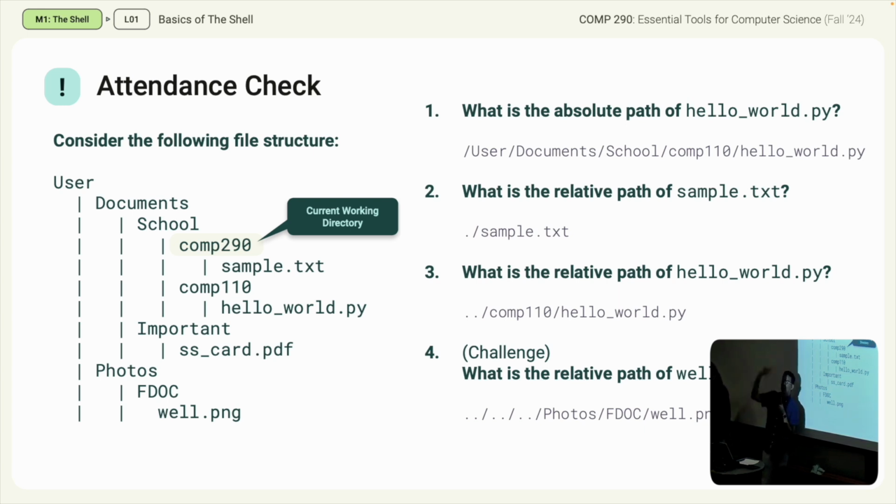We have to go up and out of the folder. That is where the third ../ comes from. So we went from 290 to school to documents and now to user. Is our image in the user folder? Is it accessible from there? Yes. Now that we're at user, we can jump to the photos folder using /photos and then /fdoc/well.png. And so that is the explanation for that weird looking relative path with three ../